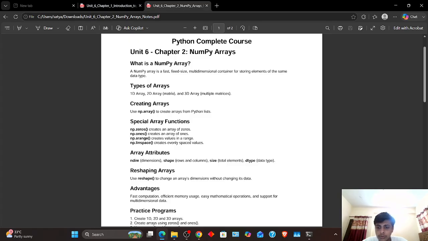So basically, a NumPy array is a fast, fixed size, multi-dimensional container for storing elements of the same data type. A NumPy array is a collection of elements of the same data type stored in continuous memory. Unlike Python lists, NumPy arrays are much faster and consume less memory. Its syntax is like